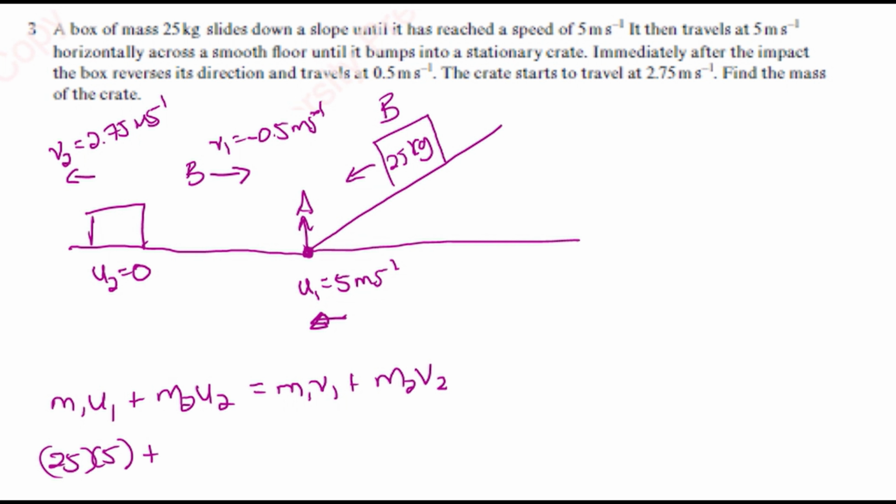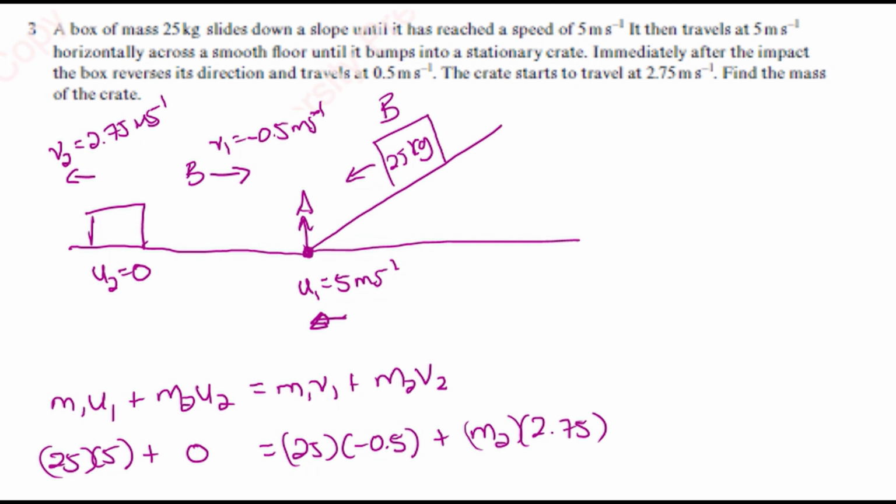The crate is stationary, so we'll have M2 U2 being 0. M1 V1, M1 is 25, and the velocity, remember the box now moves to the right, so its final velocity is minus 0.5. The mass of the crate is what we're looking for, and its final velocity is